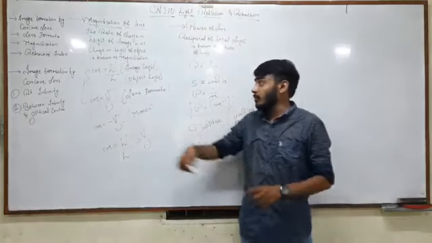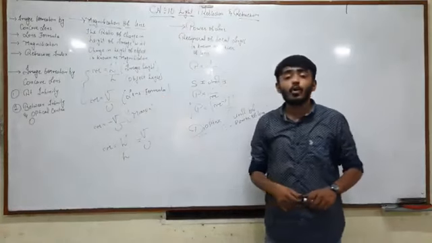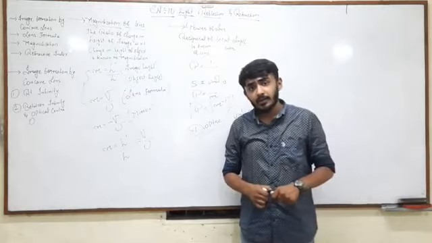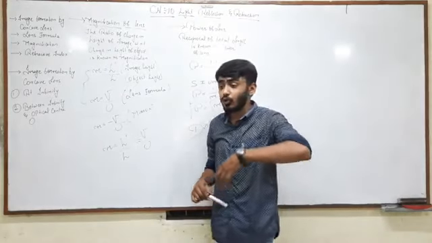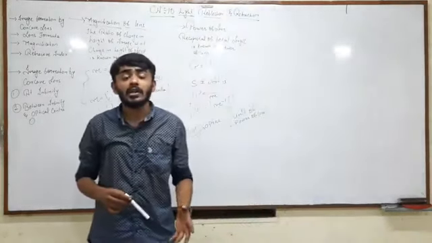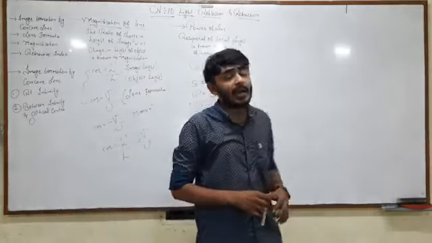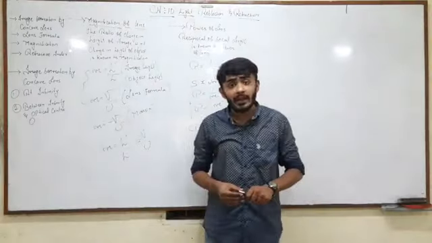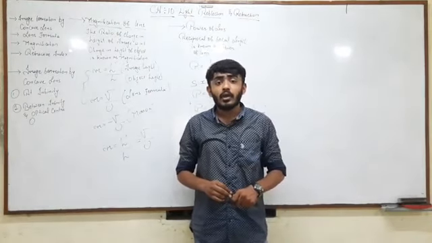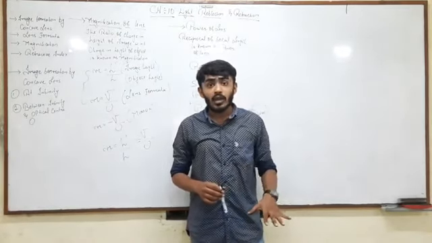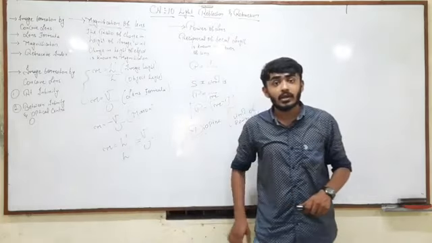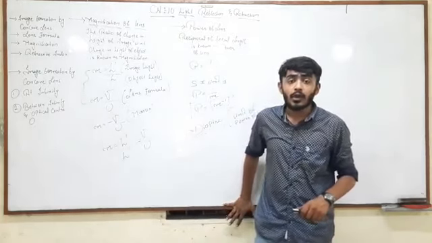The general formula will be same, m is equals to image height upon the object height. To find refractive index, you should know the ratio of the speed of light in medium 1 upon the speed of light in medium 2. The speed of light in air is always 3 into 10 raised to 8 meters per second. Okay, so we are stopping here for today. From tomorrow we will be starting the numericals of this same chapter. Okay, thank you.